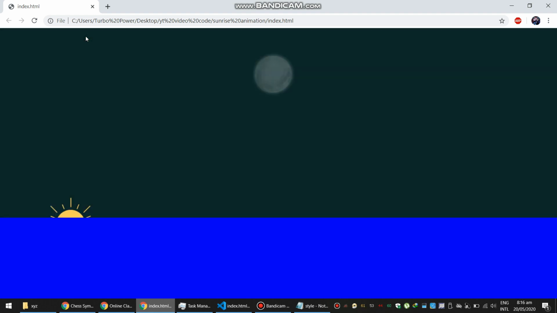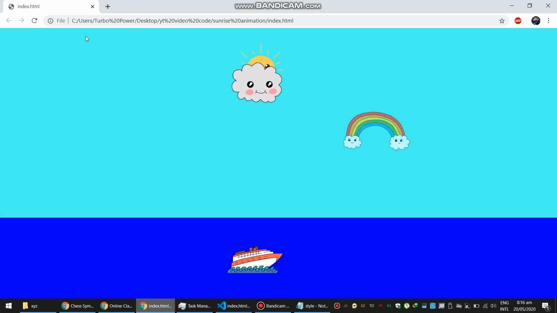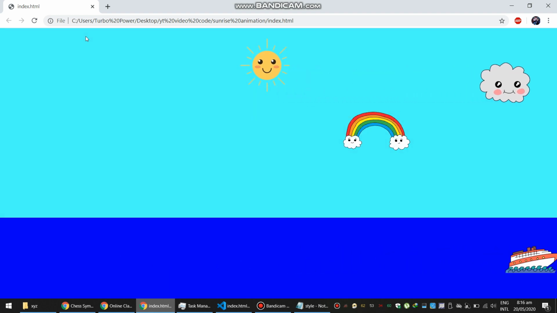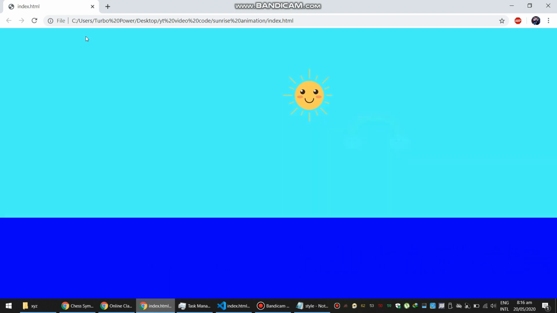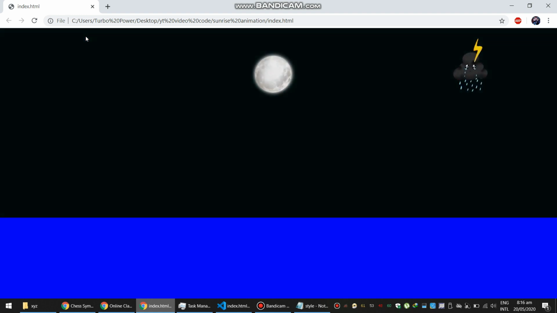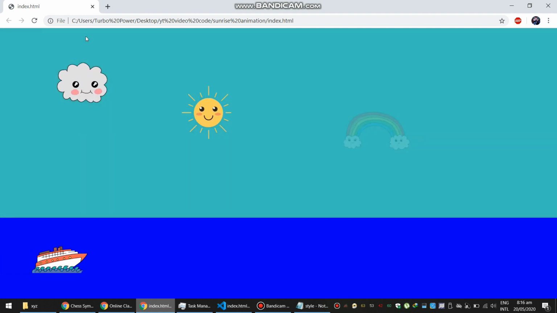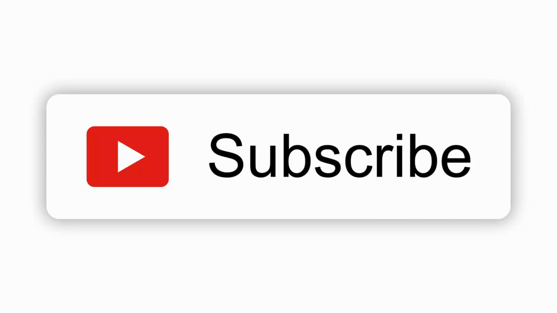This unlocks many possibilities for you to work on your own ideas. For example, you can have an animation representing 4 seasons of the year. Leaves of trees turn into yellow during autumn and they turn into white during winter season.